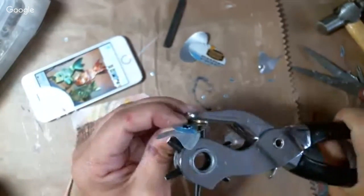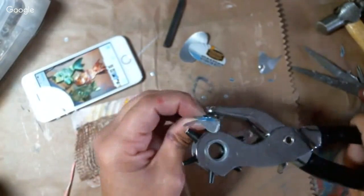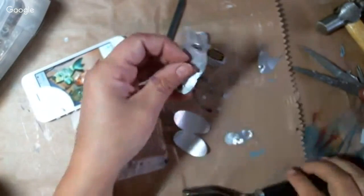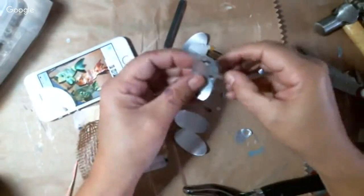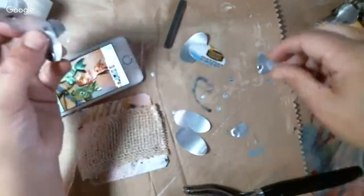Now I'm just doing the lower fins here. I don't know what happened there. It's just too thin. My fin was too thin. So with this one,